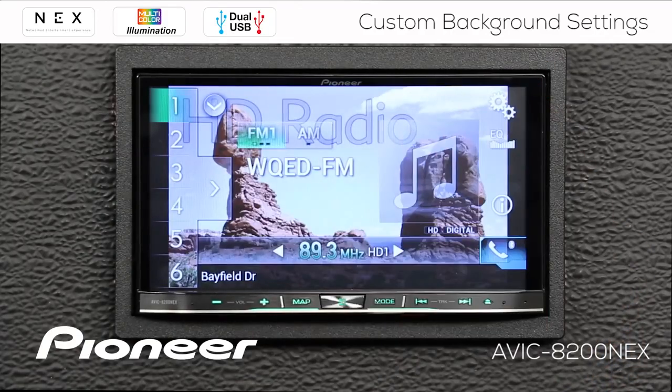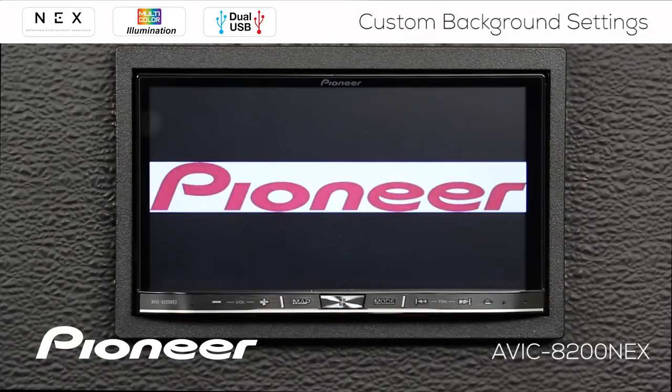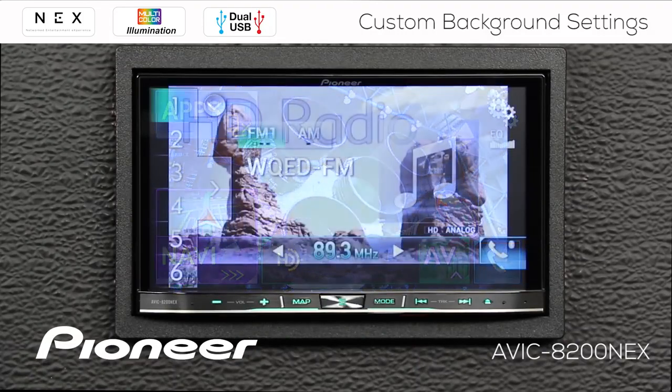Now I'm going to restart the system. And there you can see the splash screen that's come up before the system powers up. And when the system powers up, you can see my home screen with the rocket engine in there, still saved. One last thing to look at in the